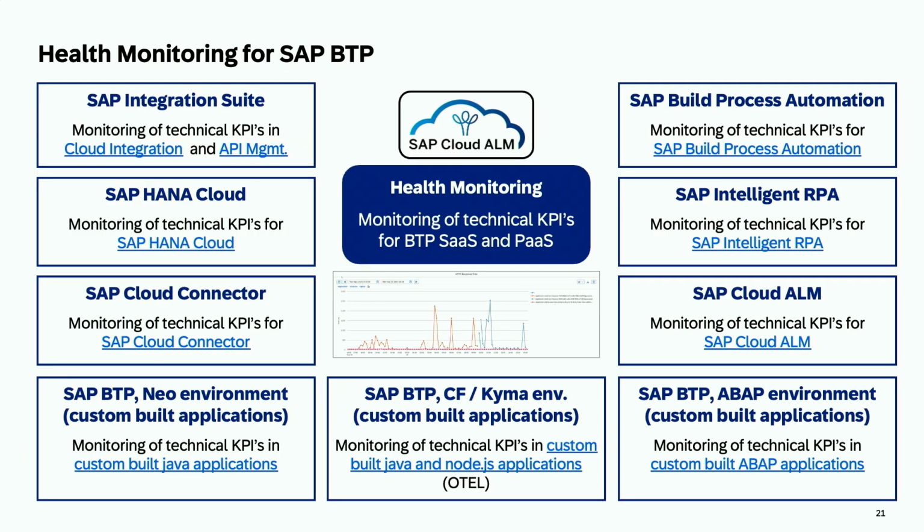What is the status in BTP? And as you see, we have also here a very broad coverage. On the bottom, you see again the PaaS use case, so custom-built applications. Again, Neo, Cloud Foundry, Kyma, and ABAP are completely covered. And here we are also using OpenTelemetry for Cloud Foundry and Kyma. In Java, we are in very good shape, I would say, because we have really tons of metrics we can use. For Node.js,